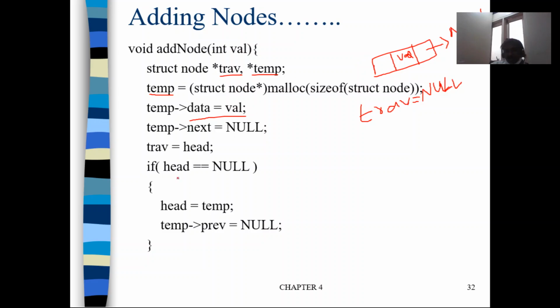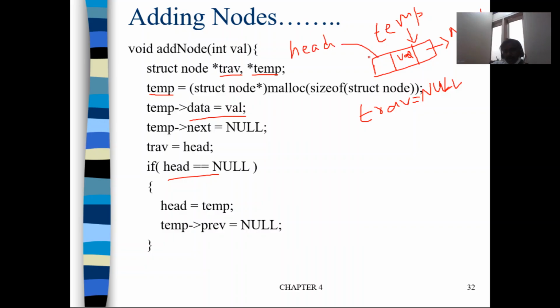By this we can check. If head is equal to null, then it means that this is the first node. In that case, we say head is equal to temp. This new node is referred to using the pointer temp. Previously head was null, now we say head is equal to temp. So it means that now head is pointing to